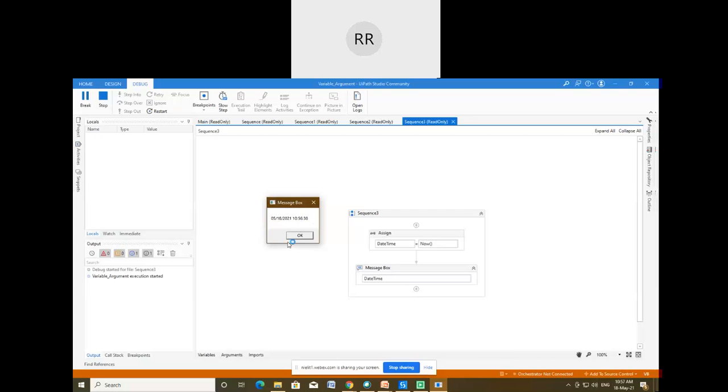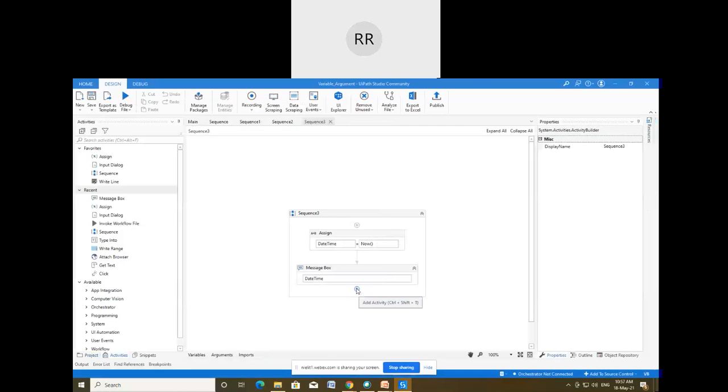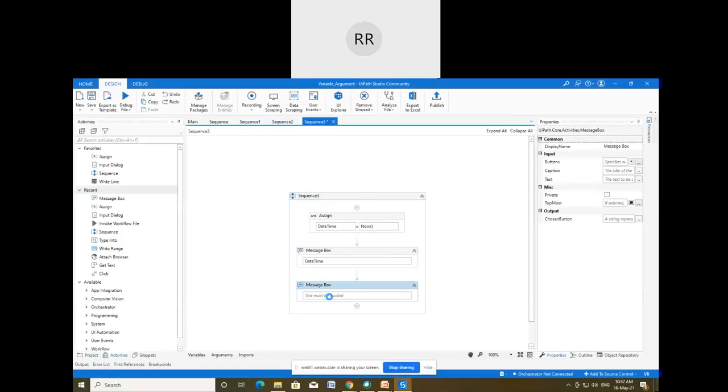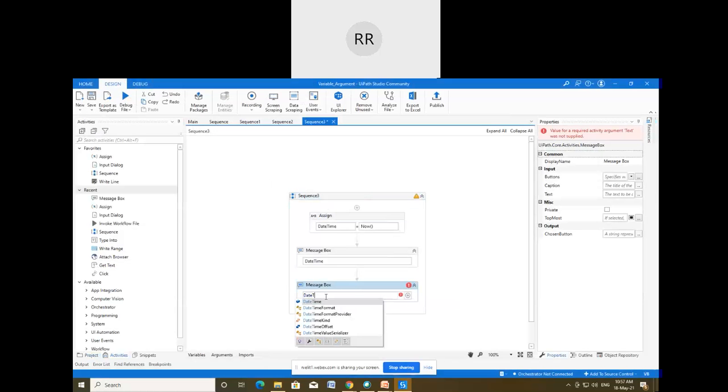So this is the use of the Now function. Now suppose you want to display or get only the current date instead of the time. In that case, I'm again going to connect a message box and then the DateTime variable, and I want it to print only the date.